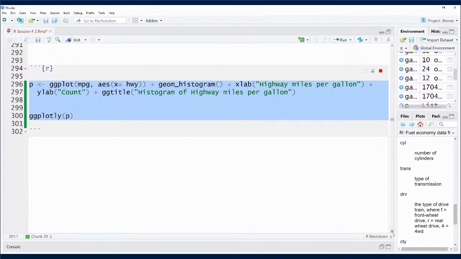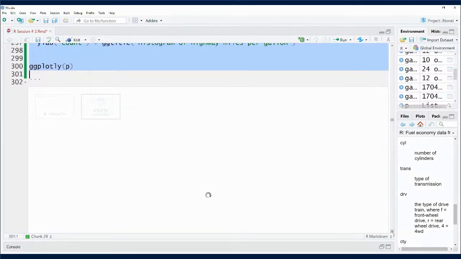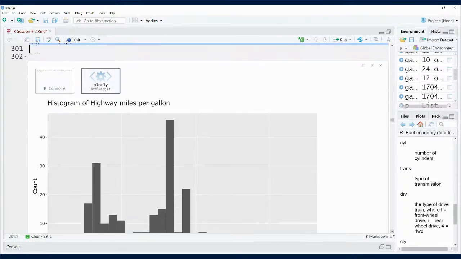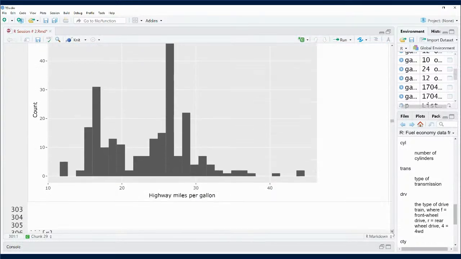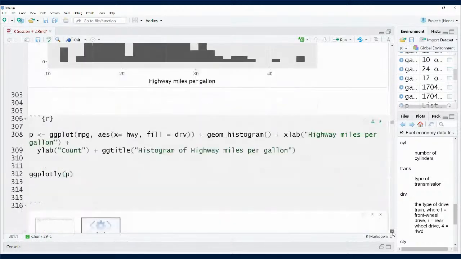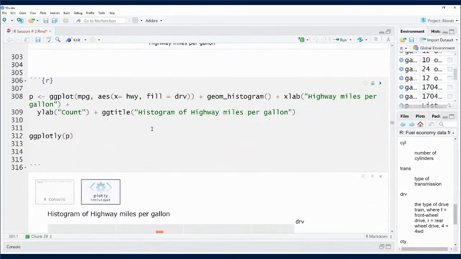Okay. When you use ggplotly, it will take a few more seconds as compared to the simple ggplot graph, but the overall graph will be much prettier. Okay. Now, what I'm going to do is